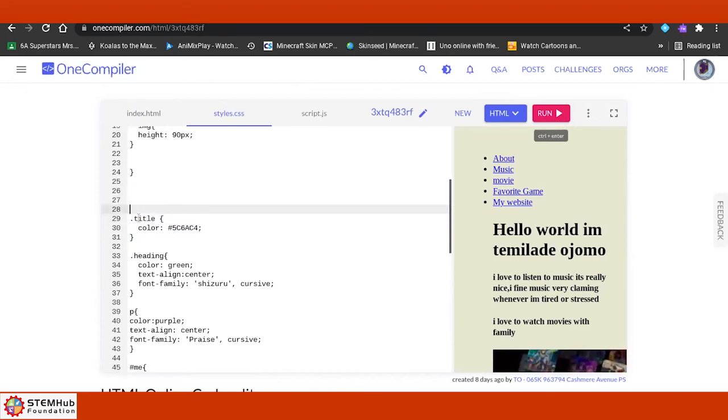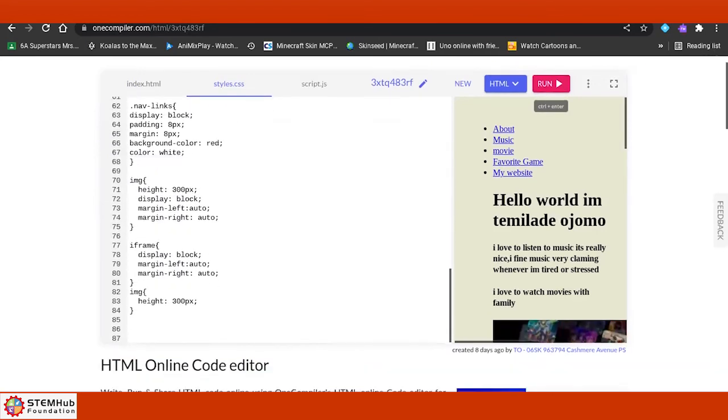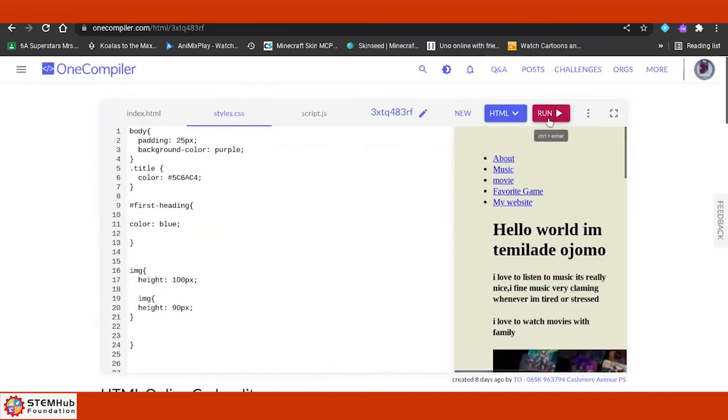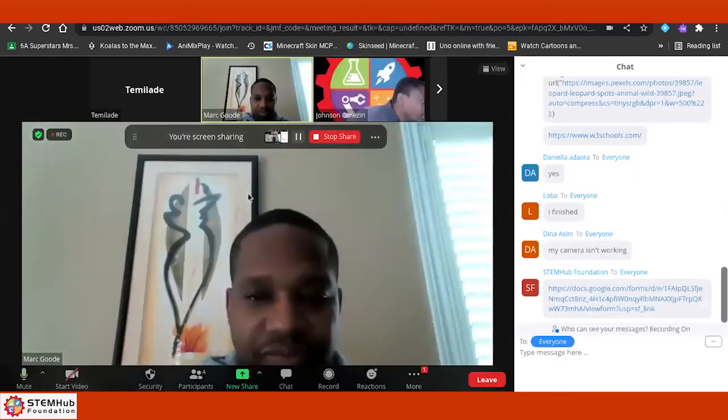Make sure you don't have any more bodies down there. Scroll down to make sure you don't see any more bodies. Okay, now run it. It's definitely going to change. Perfect. So you've got to watch out for the duplicates. You see the image, there's a duplicate of the image.